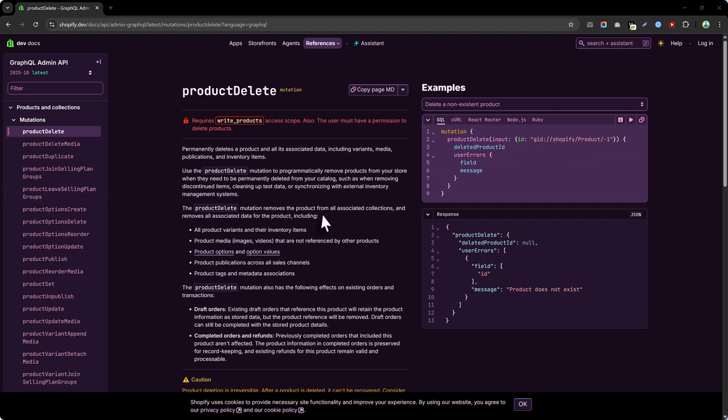In this video, we will see how to delete a product by using GraphQL API query. So we have a product delete mutation function which requires write product access scope. Also, the user must have permission to delete the product. So permanently delete a product,